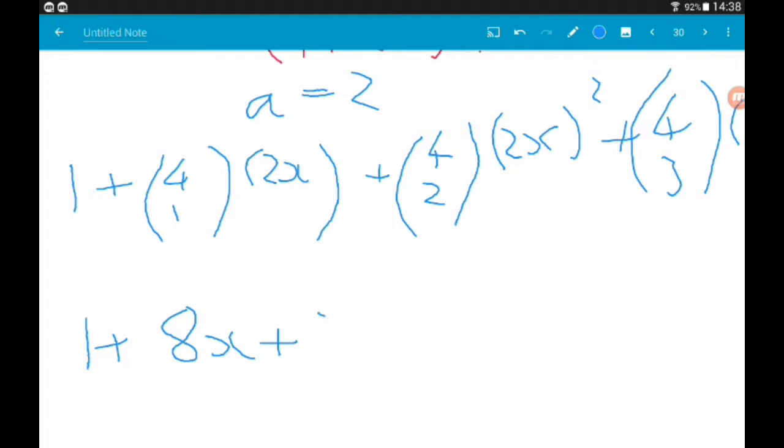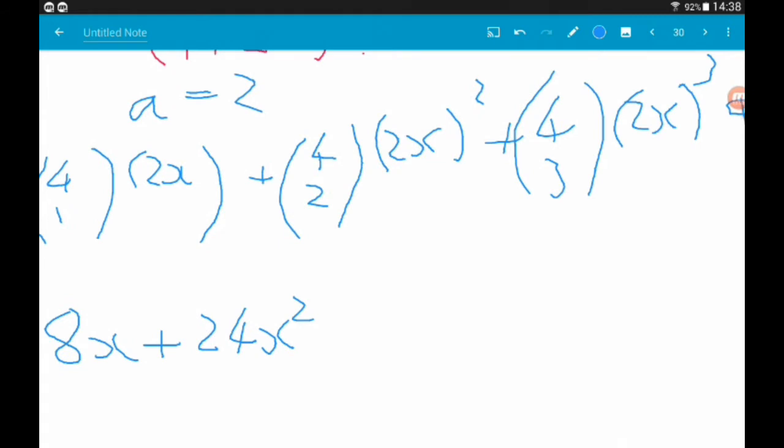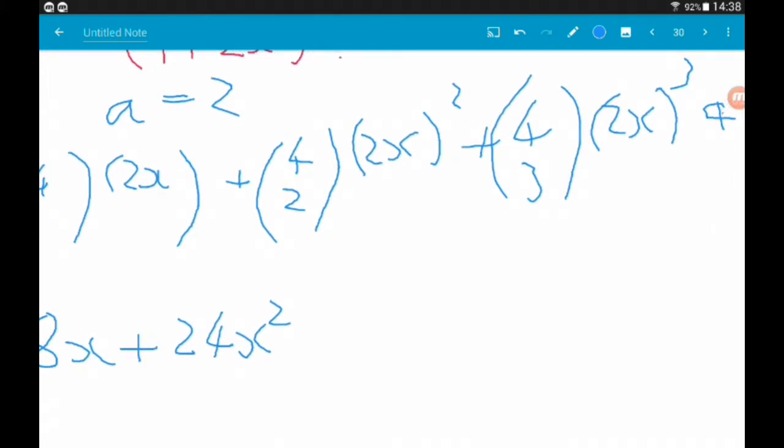So that's going to give us 24x squared, and 4 choose 3 is 4, and then we've got 2x cubed, so that is going to give us 8x cubed. So we've got 4 times 8x cubed, which is going to give us 32x cubed,